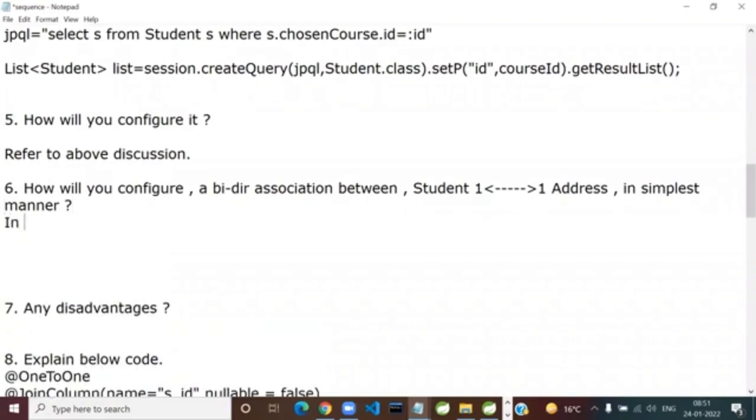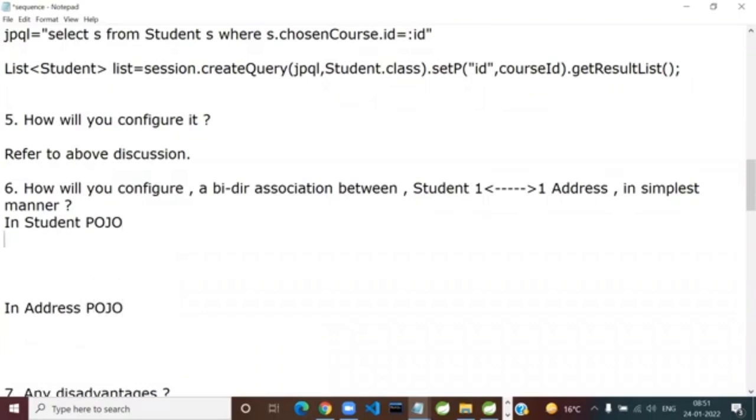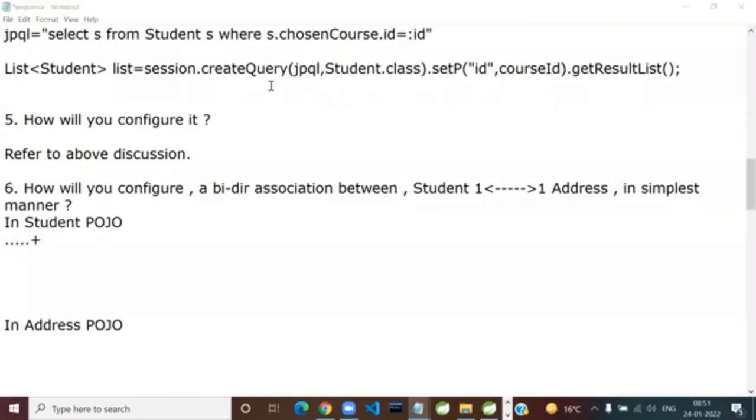So here in student Pojo, guys, these sequences are really valuable. I'm trying to explain a lot of things in student Pojo and in address Pojo. By the way, both are entities. We have not entered the value types here. So in student Pojo, tell me, you have other members such as name and email and of course the course. In addition to that, which property will you add in student to make it this address property? Good going, guys.